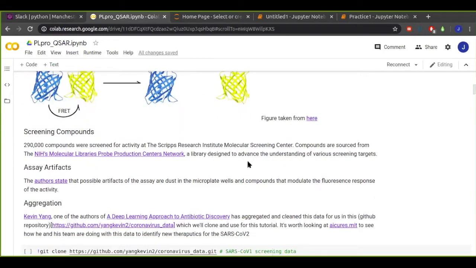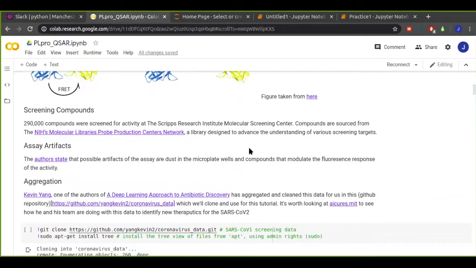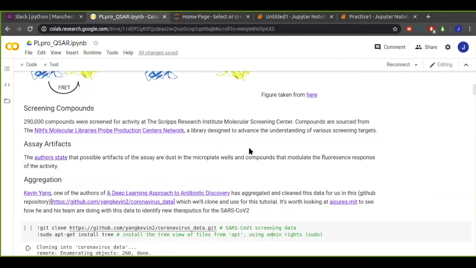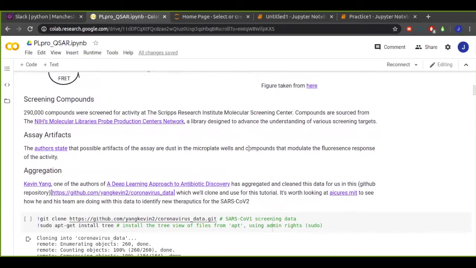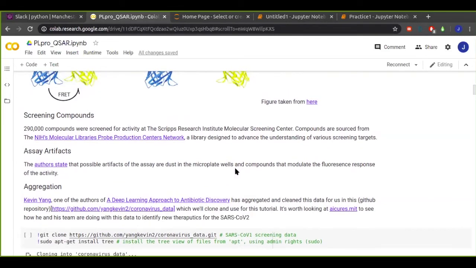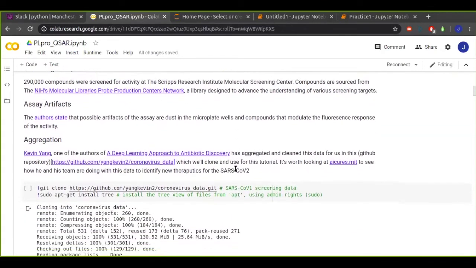The data was produced at the NIH Molecular Libraries Probe Production Centers Network. We have about 290,000 compounds in here, which is pretty cool. And the authors also state that there might be some assay artifacts in there, like, for example, dust in the microplate that might lead to false positives, false negatives, etc.